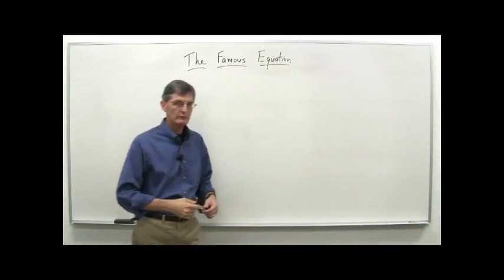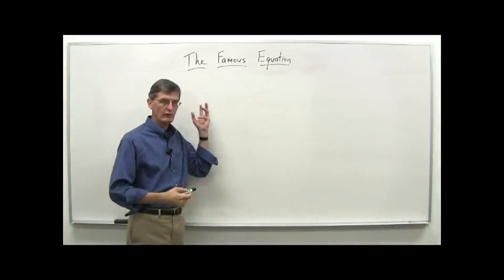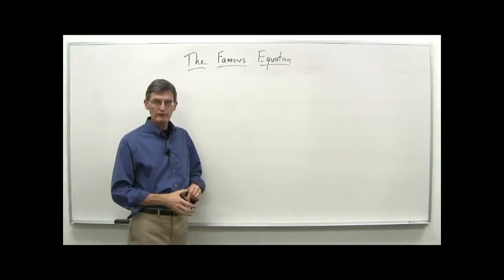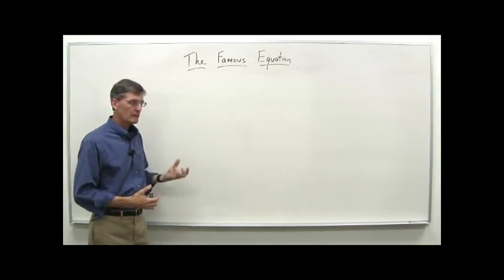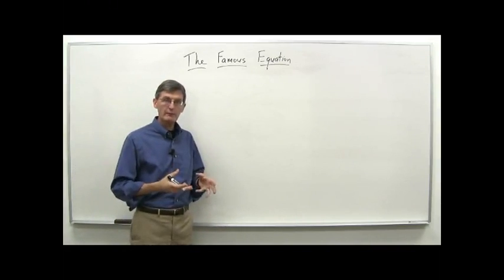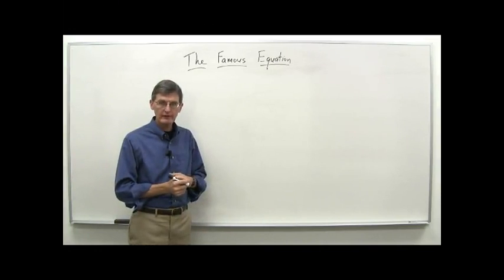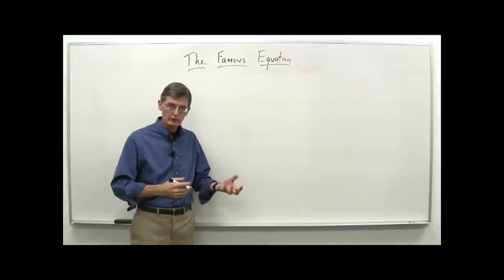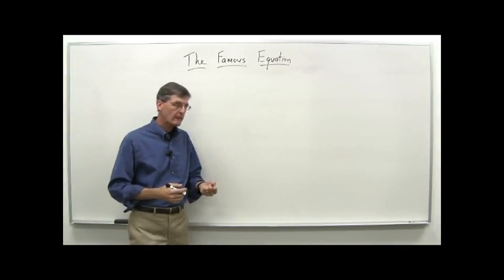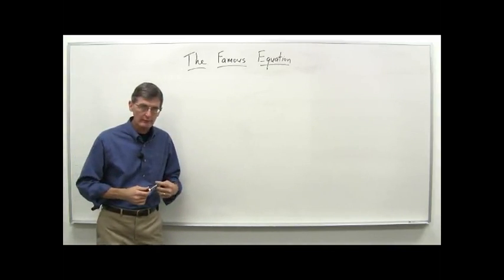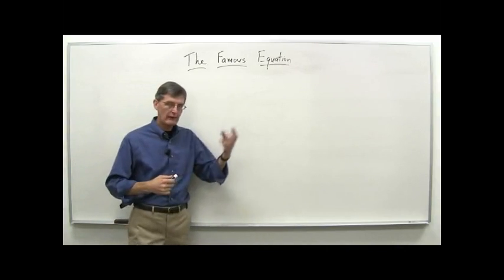So now we come to the famous equation, and of course we're referring to E equals mc squared. You may remember that Einstein's paper on the special theory of relativity in 1905 was published in June. A few months after that, he published a short note in September, essentially saying, remember that paper I published a